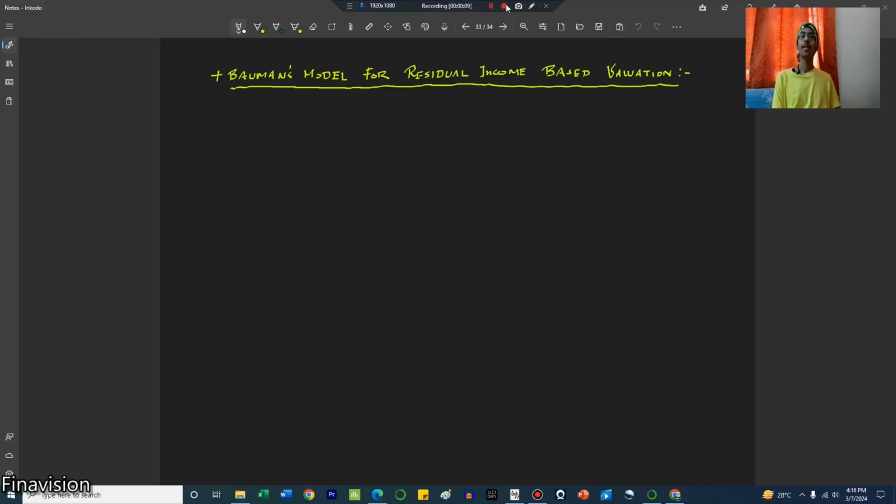We will now discuss a couple of finite stage models for valuation with the use of residual income. The first one is Bauman's model. Bauman's model is basically a premium based model. Let's see what we mean by that. Bauman says the value of a company, if we have to evaluate it on the basis of residual income, will be given by